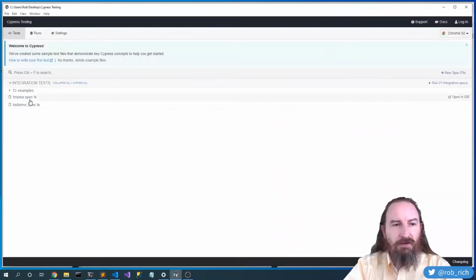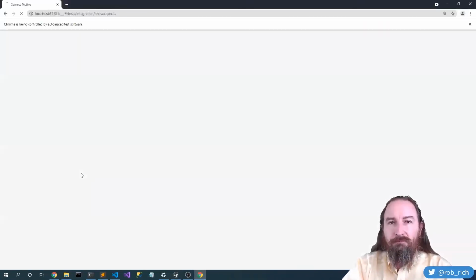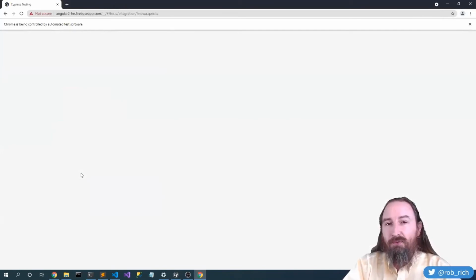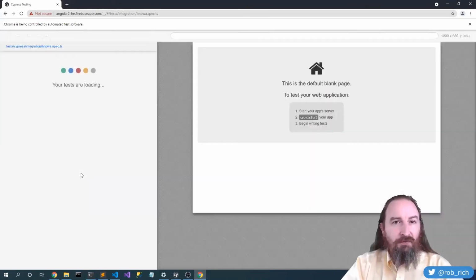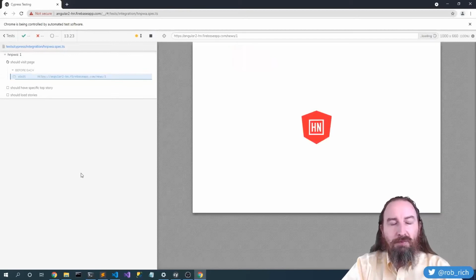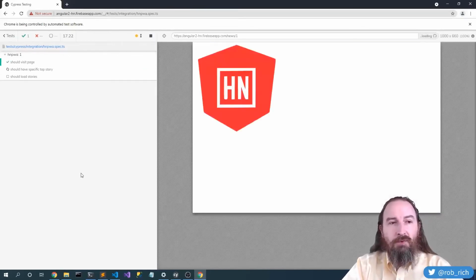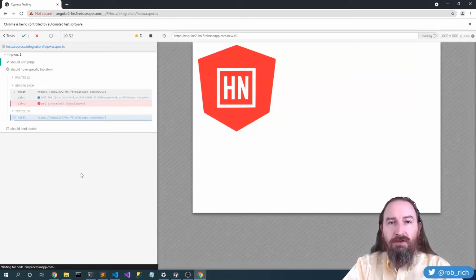So if I fire this up, Hacker News PWA, we will see that we're making a web request off to a real server. Now in this case, it would be difficult to validate content based on this mechanism because, well, the real server may give unexpected results. So when I'm running my test, I can't necessarily validate that, for example, the first title is a known attribute. So instead, we can mock out that request and we can say,